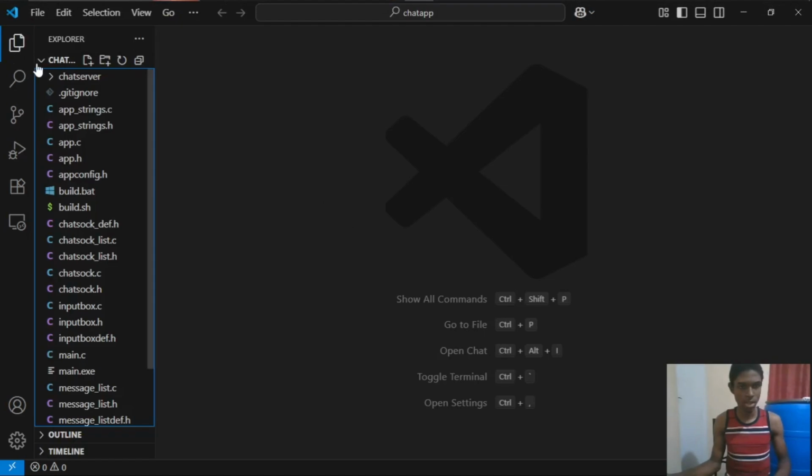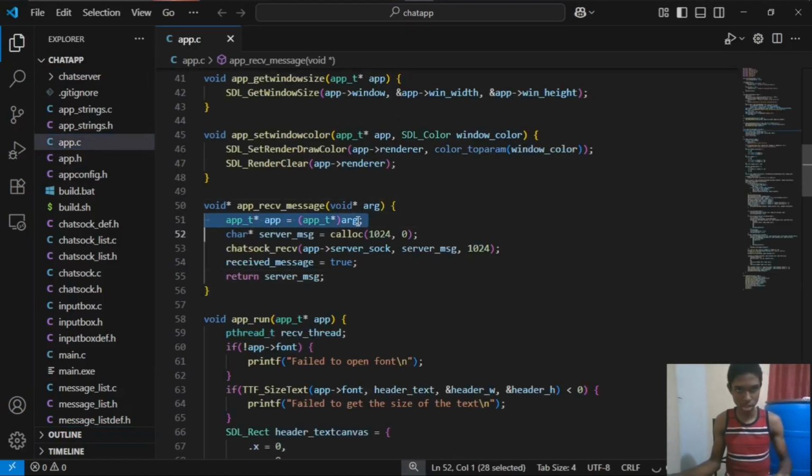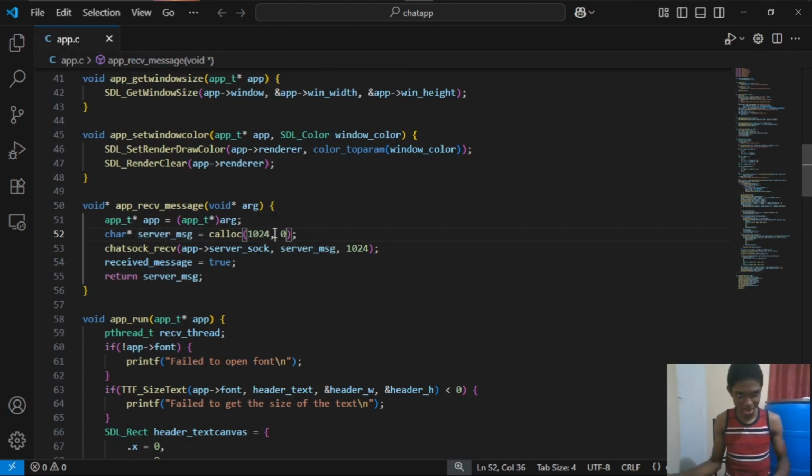Alright guys, so let's get started. So let's review our receive message function within our chat application. Oh, by the way guys, I just realized I made a mistake in the last episode where I did a calloc 1024 0 right here, but it should just be a size of a char instead. That was what was causing the crashes within our program. So, as I was saying,